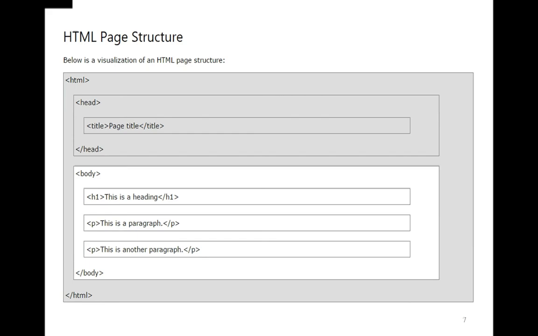Let's look at the structure of the HTML page. Every HTML document starts with something called the prologue and then the HTML root element, or HTML element. Inside that HTML tag we have the head part and the body part. The body part is highlighted here in white because the content you write within the body tag will be rendered in a web page.